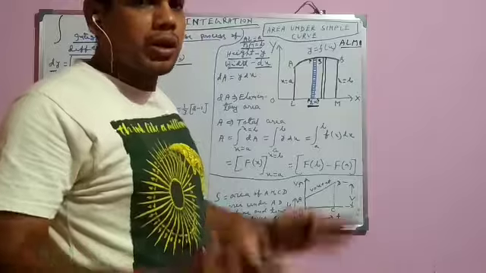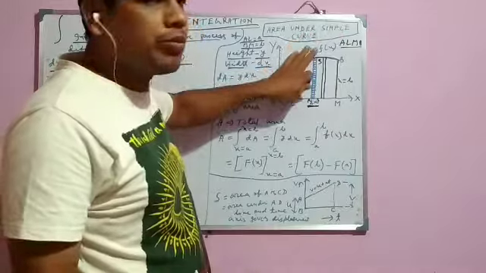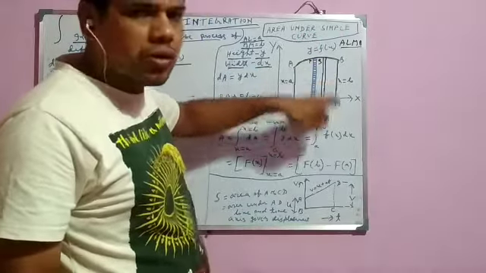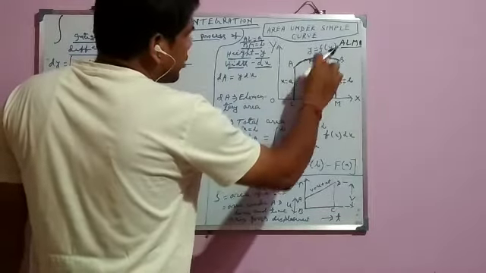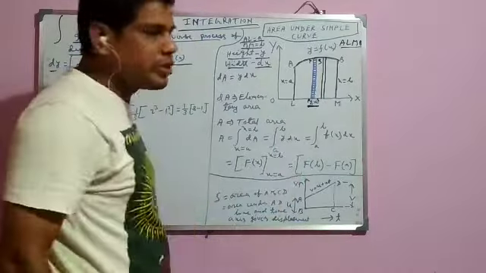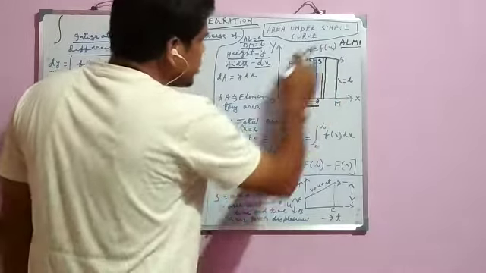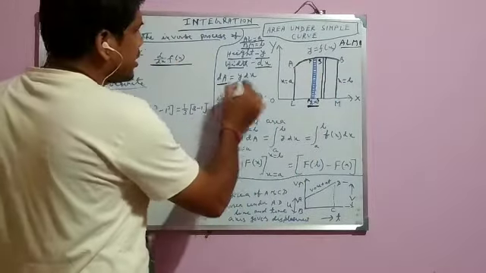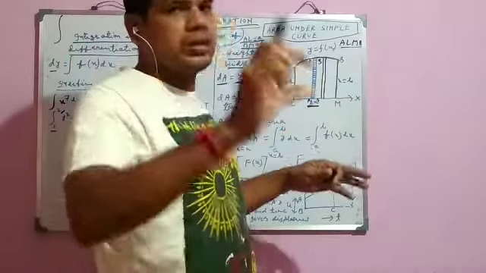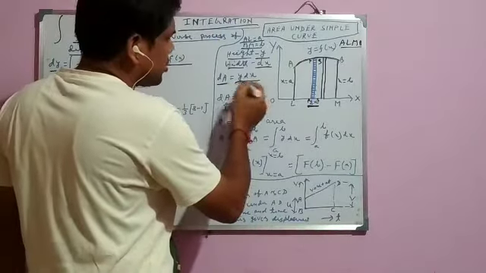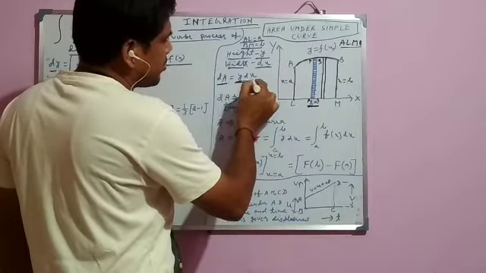In this way we can find the area bounded by this curve and the positive x-axis. Now here we have considered PQRS as a strip whose width is dx and height is y. The area of this strip is denoted by dA, and dA equals y dx, we can write. It is like a rectangle, so length into breadth, where length is replaced by height, and breadth is replaced by width.